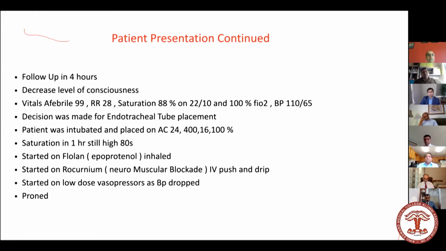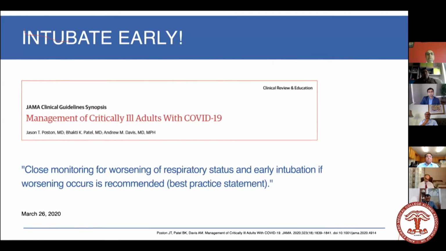In our patient, in spite of the helmet, the patient got worse, and we had to intubate the patient and place him on a mechanical ventilator. We use Flolan pretty regularly in most of our hypoxic patients because the patient's P/F ratio was very low. The patient was paralyzed, as well as prone on the ventilator.